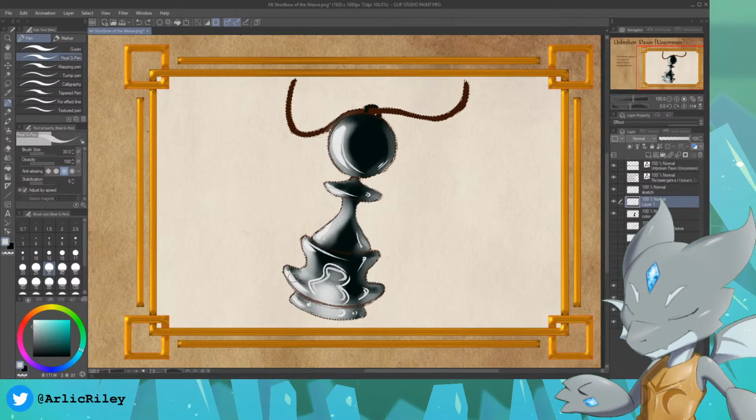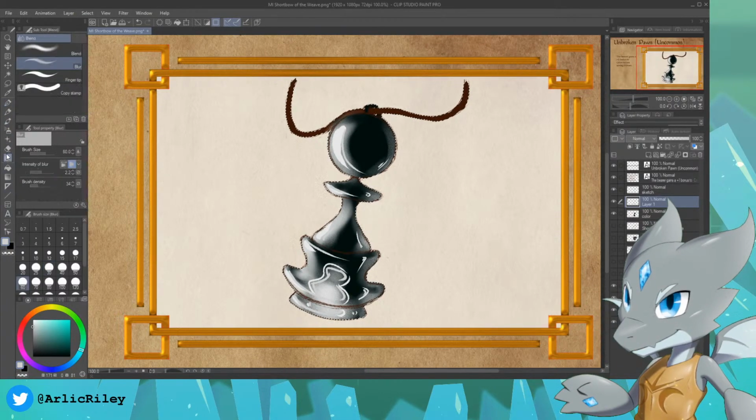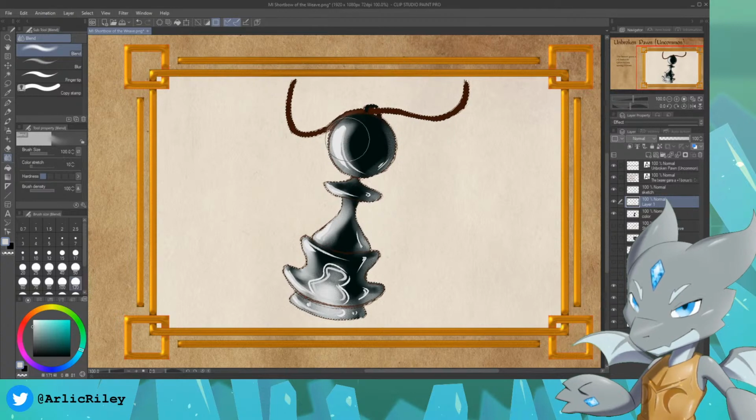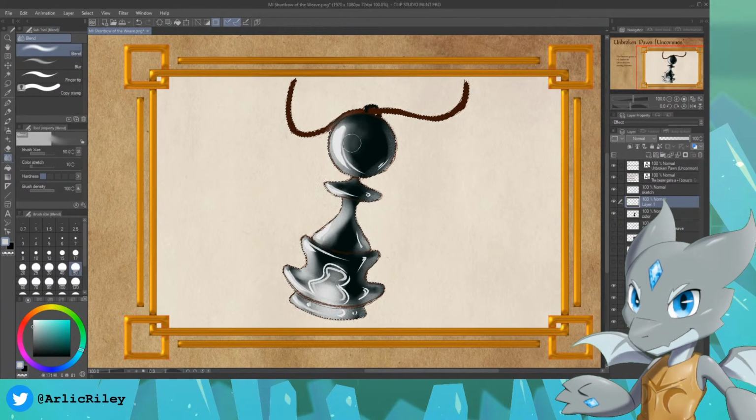But you can't be afraid of these sorts of things. You can't be afraid of just giving it your best shot sometimes. And I think we're gonna be able to get the effect across, especially if we use a little bit of this blend tool here. Yeah, we're gonna blend some of these colors together